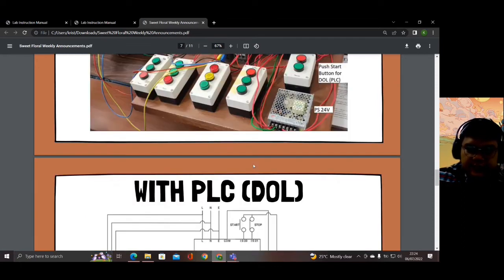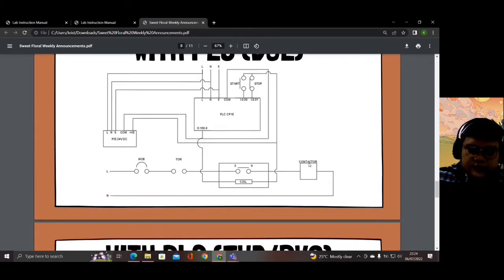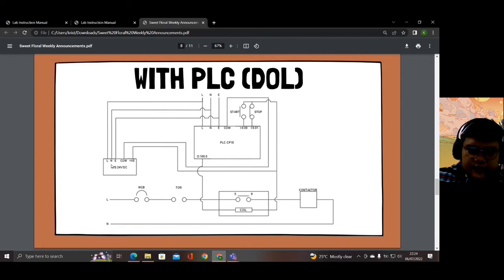Okay, so this is the PLC with DOL. From the power line, it goes into the line of the PLC. Neutral. Then the earth goes to earth, and then the COM goes to COM. Yeah, COM. And then the positive is